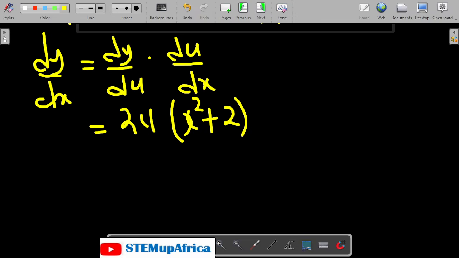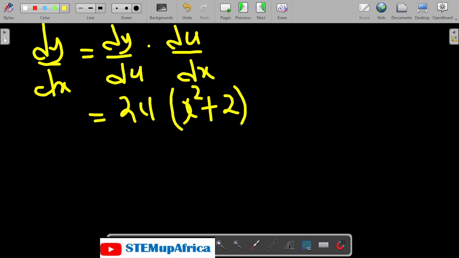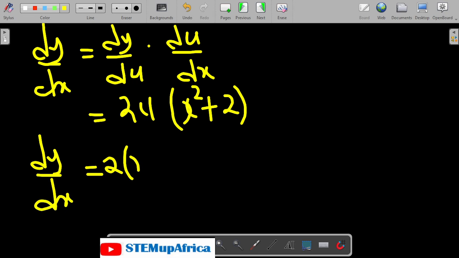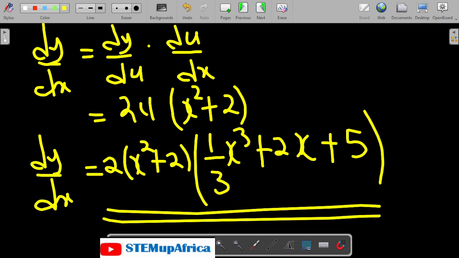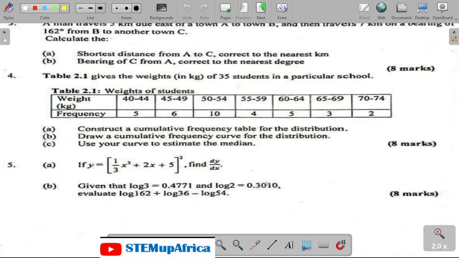So what is our u? We stated what u is initially. So my dy/dx, at the end of the day, will give me 2 times (x squared plus 2) times (1 over 3 x cubed plus 2x plus 5). So that is it. Then let's see what 5b says. Question 5b says they gave us log 3 and log 2, so we should evaluate